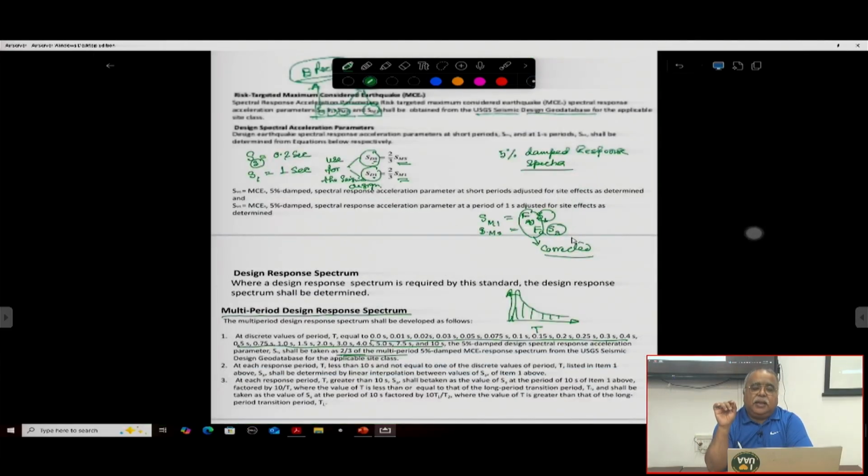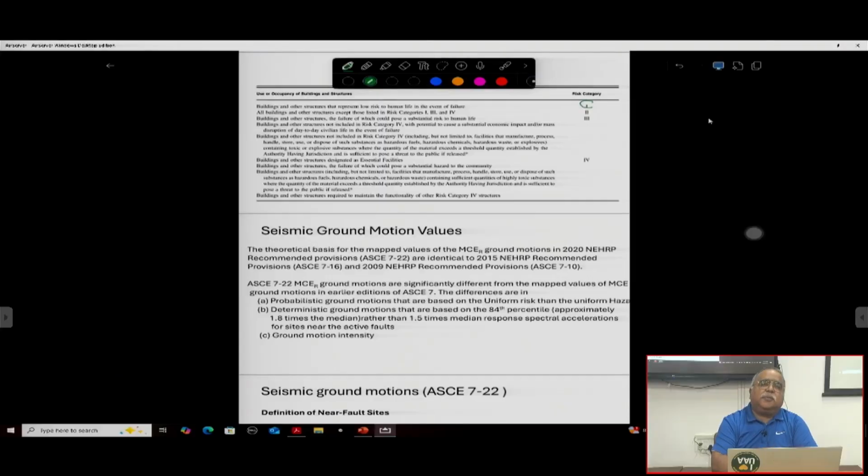So if you tell that, then, as I told you last time, the building or other structure which has no human risk, these are the building type structures. So these are 1, 2, 3, and 4. What kind of structure you have to give? So latitude, longitude, risk category associated with that structure, and then number 4 is the VS30, the average shear velocity, or the site class you have to give. And I have given you the site class definition: A, B, C, D, BC, CD, D. So you have to check that and give it, and then the program